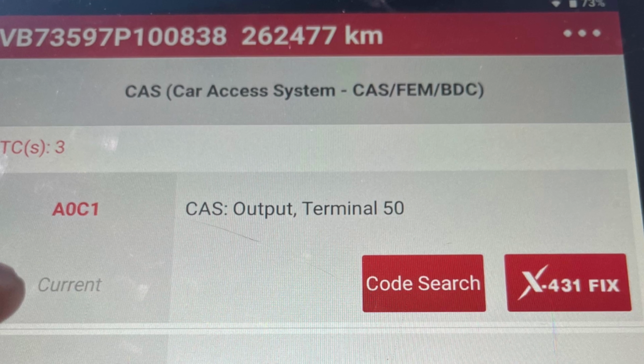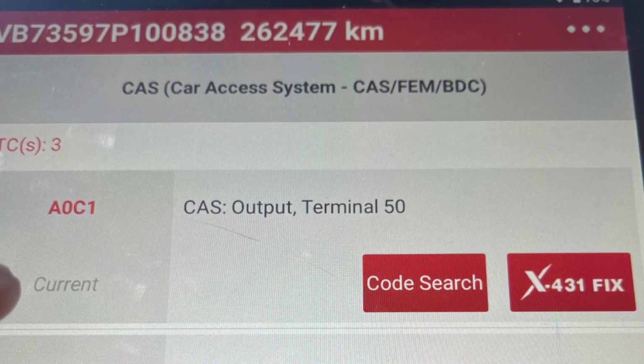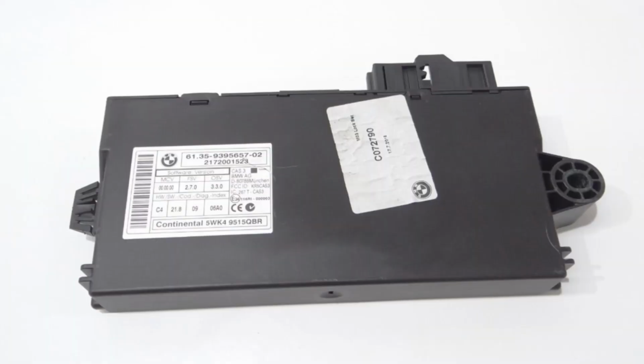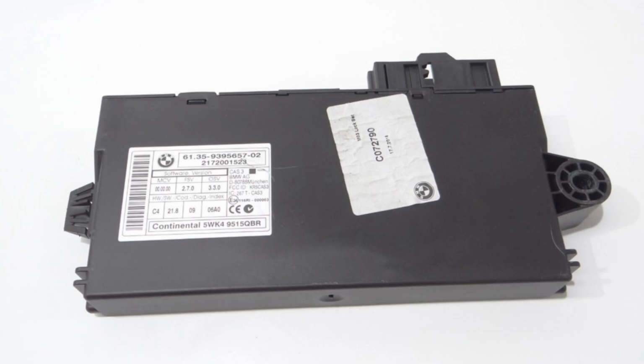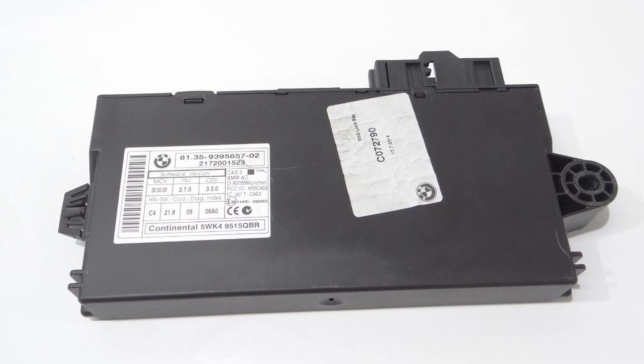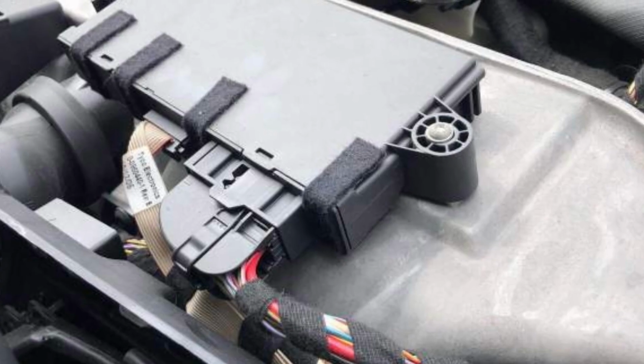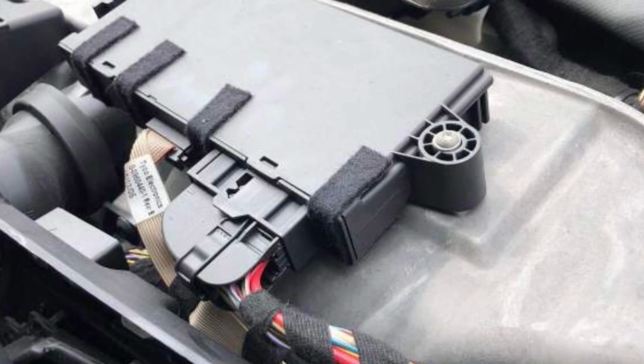The fault code A0C1 indicates a problem with terminal 50 output. Terminal 50 is the 12-volt battery output responsible for powering the starter motor after the CAS module sends the proper signal. The CAS module is the car access system module, which is essentially a circuit board located just behind the steering wheel in the Mini Cooper hatch, and is responsible for sending and verifying various signals in the ignition, keyless